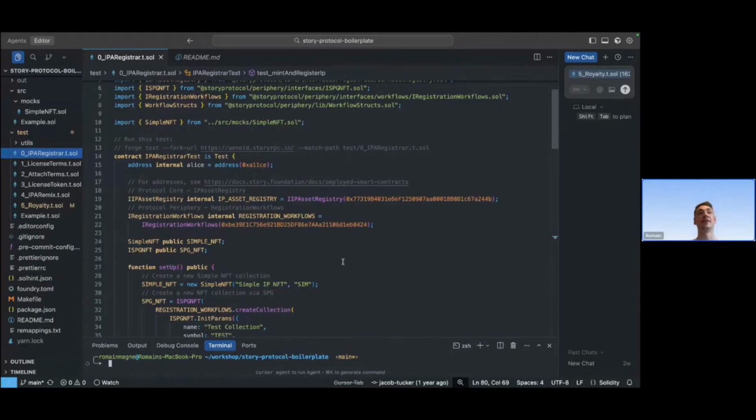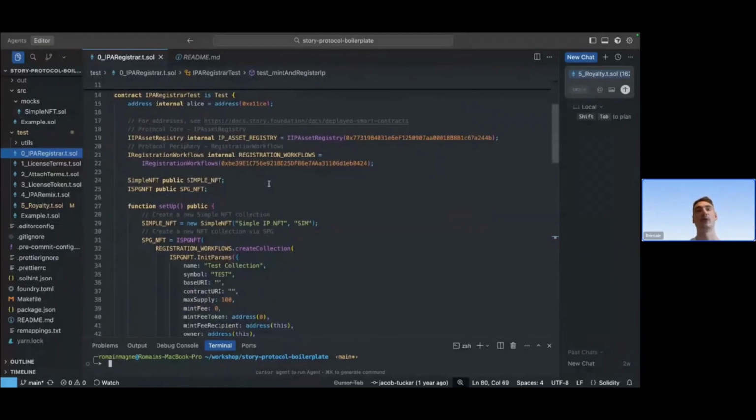We're going to get started. So this repository basically presents a couple of ways you can interact with the Story Protocol, both core and periphery contracts, and highlights the core flows that you can do with the Story contracts. We're going to go over the basics. So first, starting with this IP asset register file, what we'll do is run a couple of tests